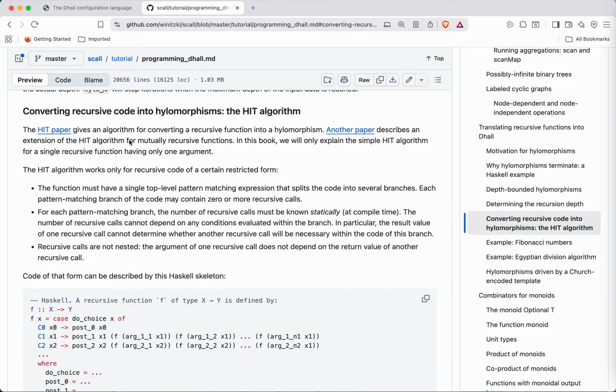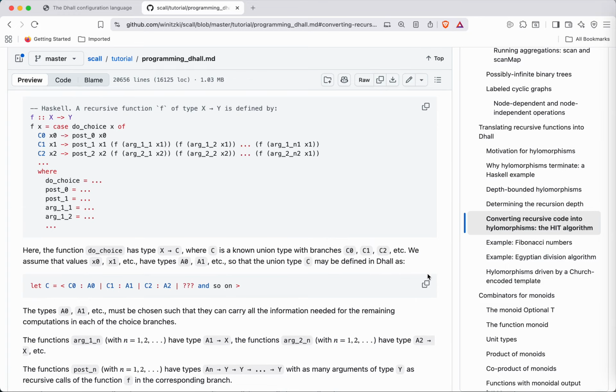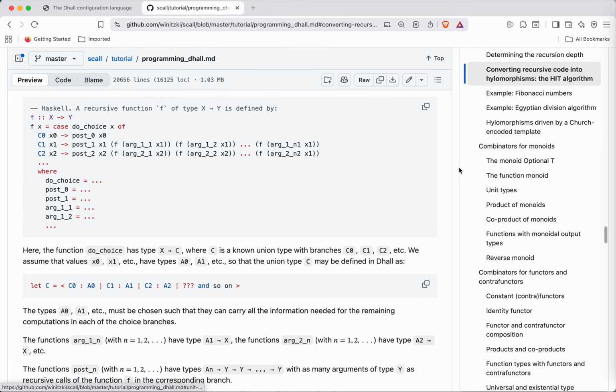They have explained in a series of papers how to convert many sorts of recursive functions into hylomorphisms, and hylomorphisms then can be depth bounded, and that opens a way of converting a large range of recursive code into System F omega, even though System F omega does not have any recursion at all. So this is a very interesting pathway where you convert recursive algorithms into what looks like completely non-recursive code. I talk about this for a while.